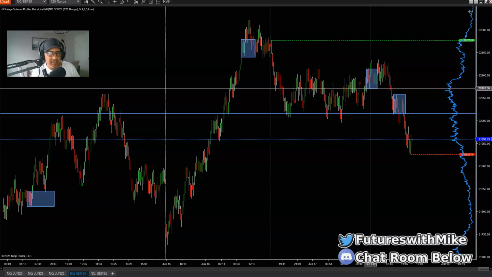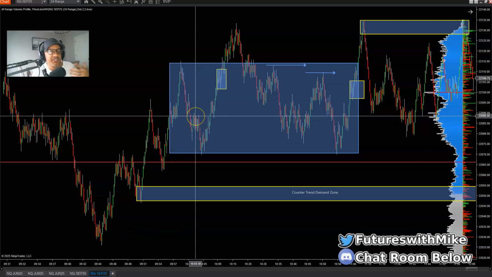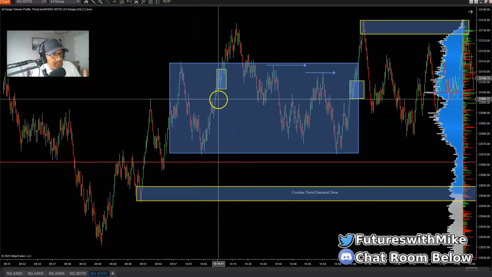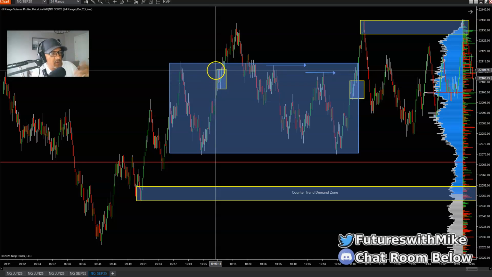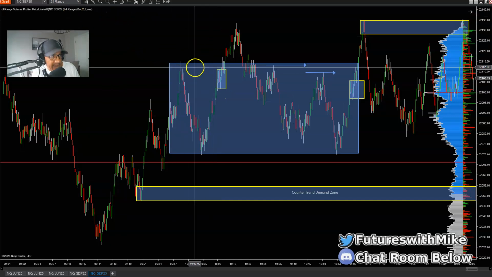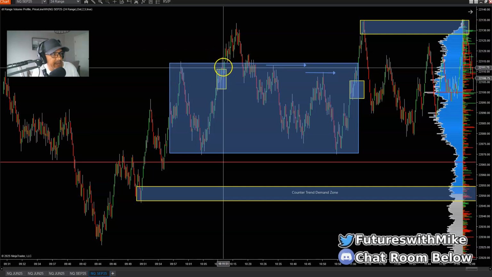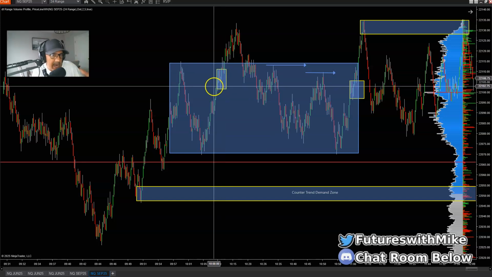Then I'll move down to my lower base chart, my 24 range, and see if there is a high probability 24 range demand zone on the inside. The larger blue box marks up the higher time frame zone, and the smaller yellow box is the 24 range demand zone. So we have where the market pushed to the upside, as you can see here on the 24, and came back on the inside of the 120 range high probability zone,